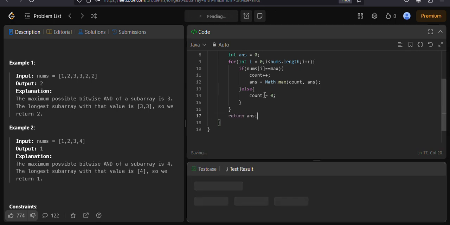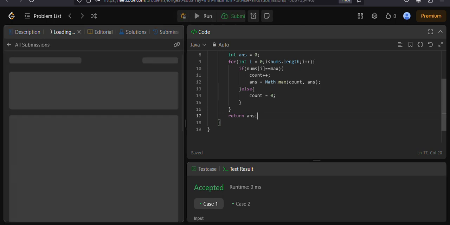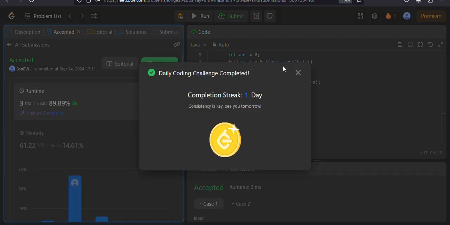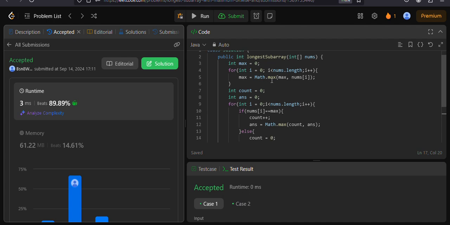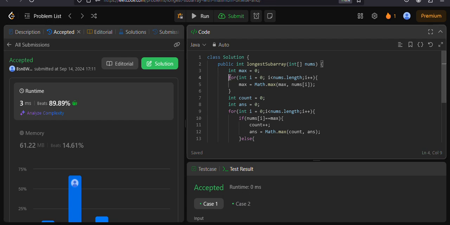Let's run and check this out. Okay, let's submit it. Yeah, so this code is submitted. Here the time complexity is O of n. Like अपन for loop लगा रहे तो O of n. Okay. कोई extra space we are not using, so the space complexity is O of 1.